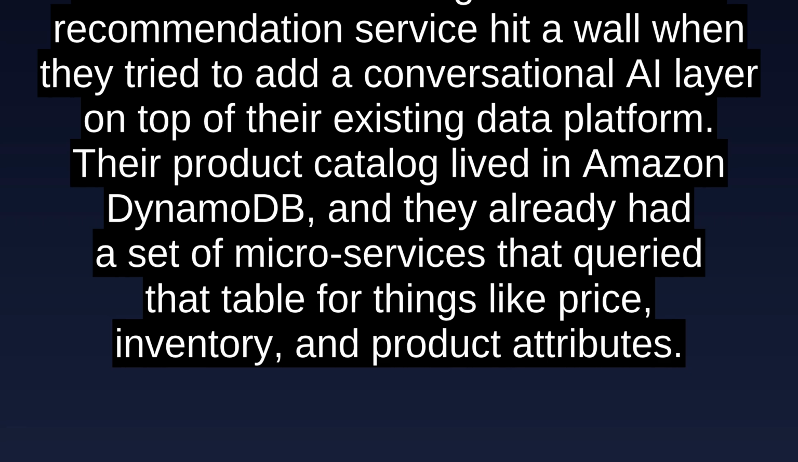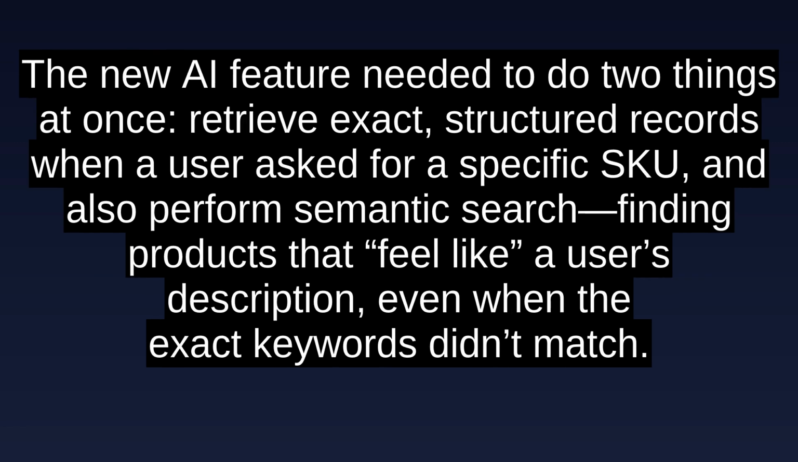Their product catalog lived in Amazon DynamoDB, and they already had a set of microservices that queried that table for things like price, inventory, and product attributes. The new AI feature needed to do two things at once: retrieve exact, structured records when a user asked for a specific SKU, and also perform semantic search, finding products that feel like a user's description, even when the exact